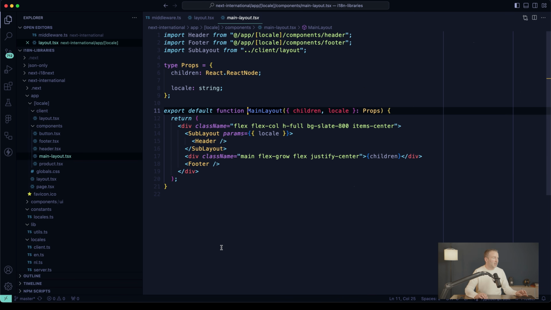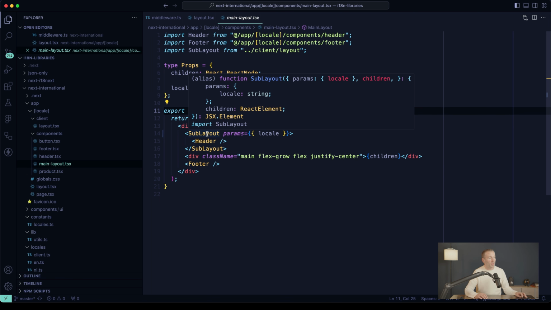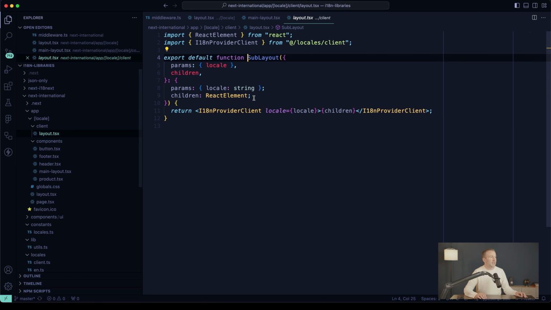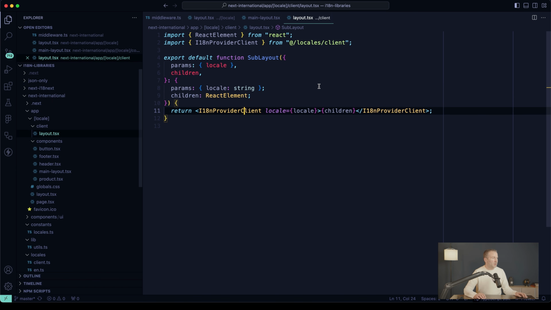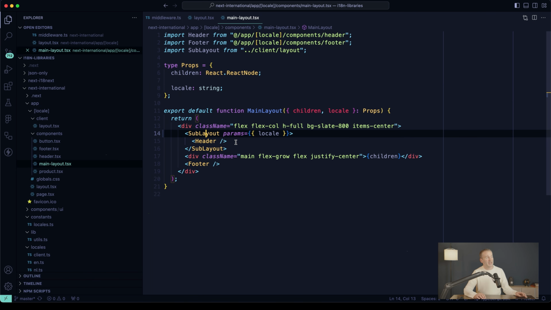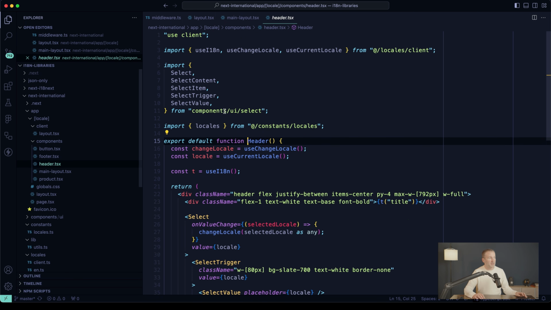And the reason here is that the main layout is going to import what we're calling the sub layout. And this really is just a wrapper to import the client stuff that we were looking at earlier. So we have access to our hooks and whatnot. So we take this provider and we're going to wrap it, in this case, just around the header, because as you can probably imagine, that's where our locale selector is going to be. So that's pretty client-ish. And so that needs to wrap this so that the header then has available to it the ability to use client and actually work, and make use of these hooks